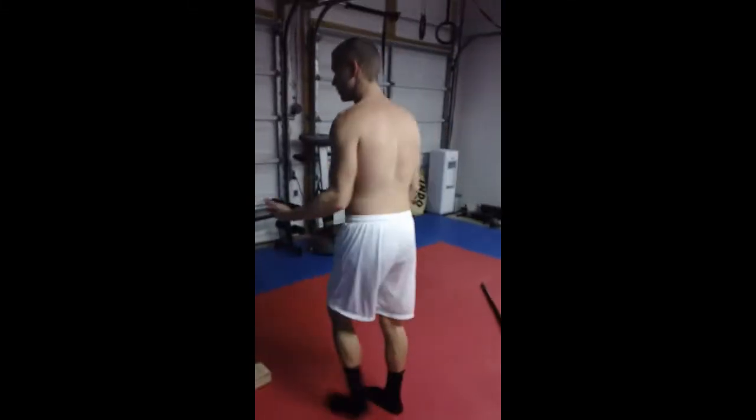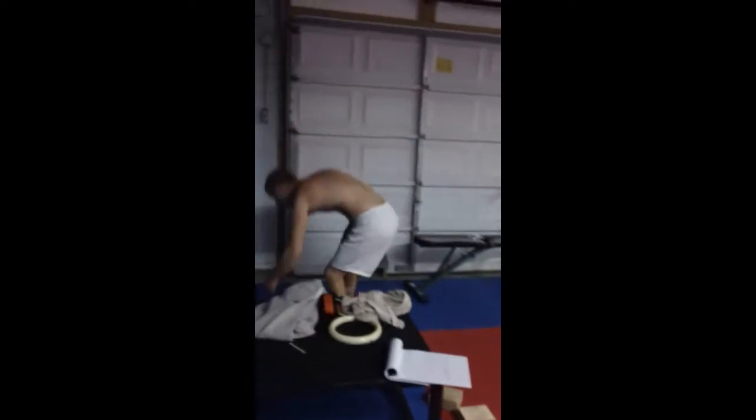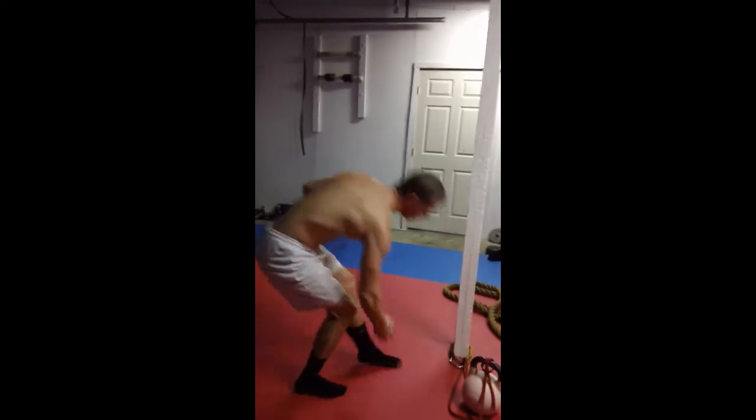So then after that, you can also do this from a standing position. So if you put a ball right behind your head, this is just a little 2-pound medicine ball, and I'm going to grab a band as well. So what you're doing is you're working retraction of the neck again, and you can combine that, working the mid-traps and the rhomboids with